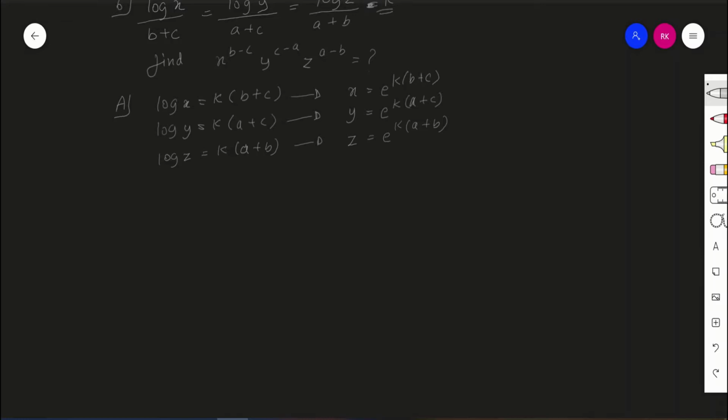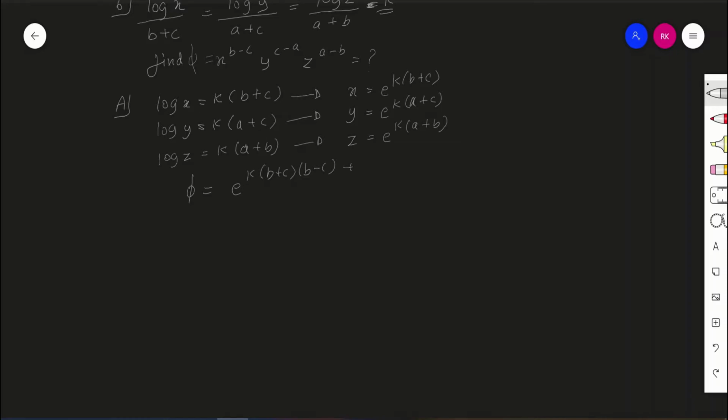So I got x, y and z. Basically I have to multiply these terms, so what I'm going to get, I'm going to call it phi. So my phi is equals to e to the power k times of b plus c, b minus c,